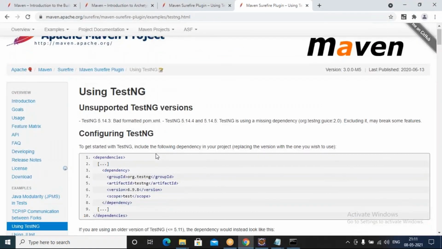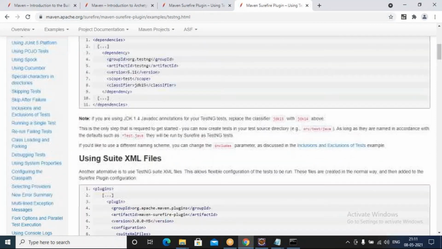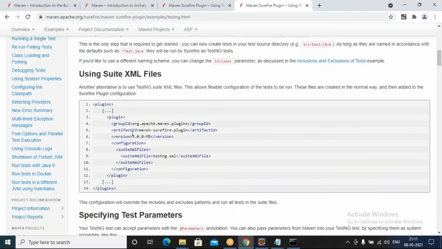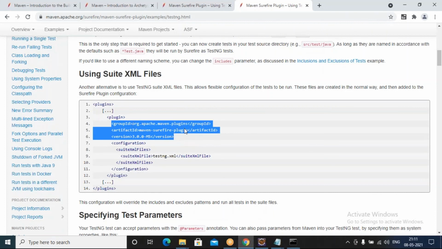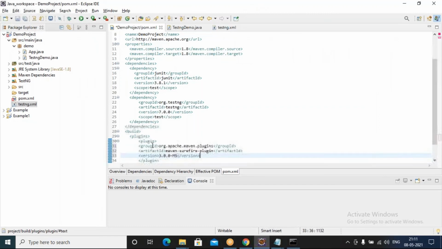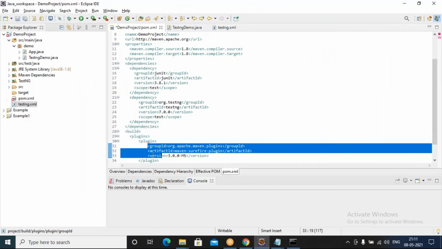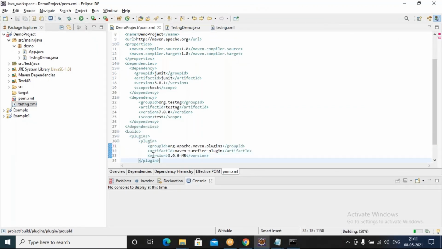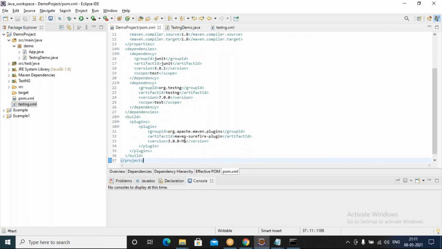Apache Maven, you will be able to see the group ID, artifact ID, and version of the plugin required. Just copy that and paste it inside your plugin. Okay, I paste it. Now I want to tell this Maven Surefire plugin to execute my